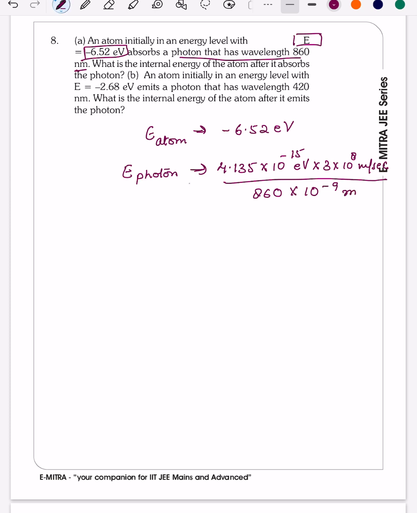Okay, so if we solve this, the energy of the photon in terms of electron volt comes out to be